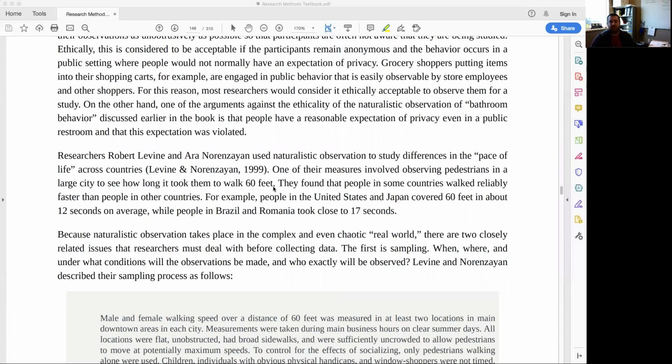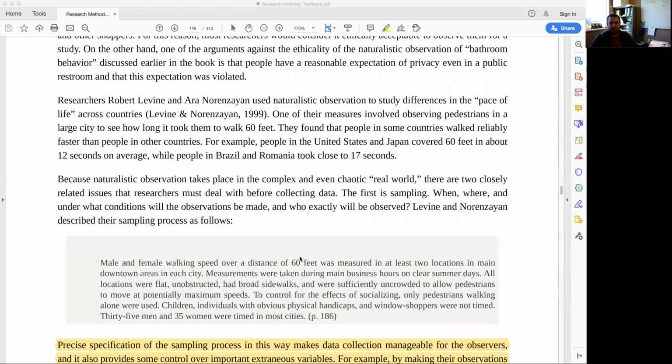Like, observation just allows us to get counts, allows us to get data, but it doesn't allow us to look at causal, and we can only do that in an experiment. So